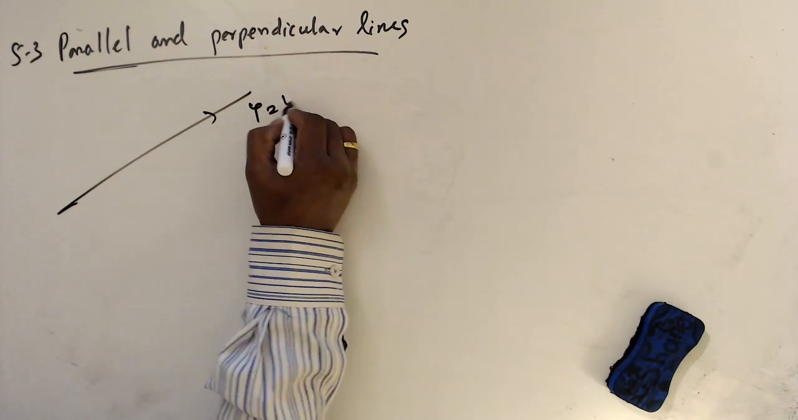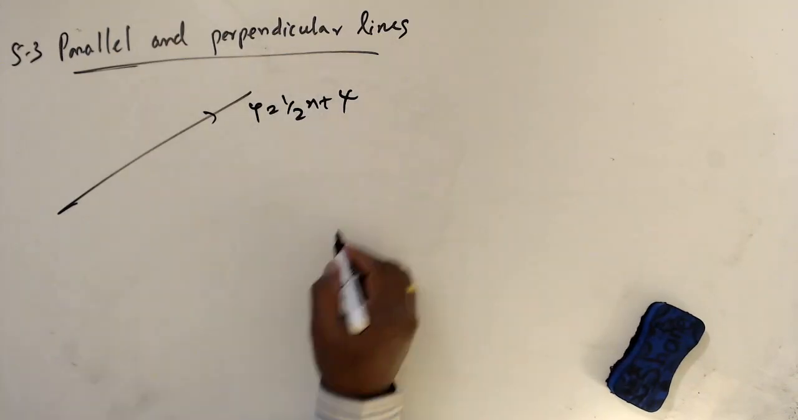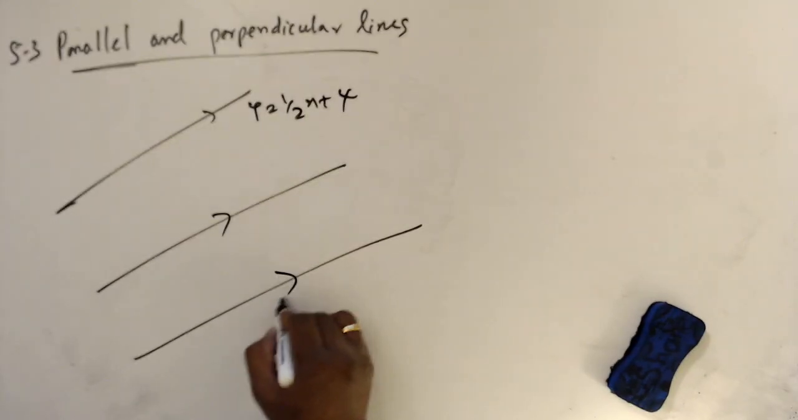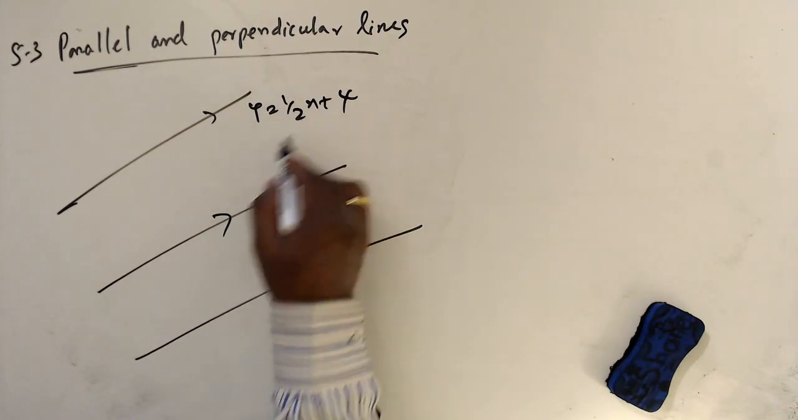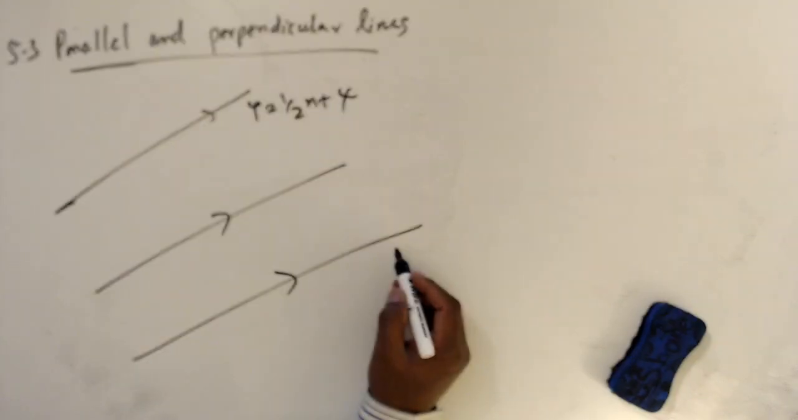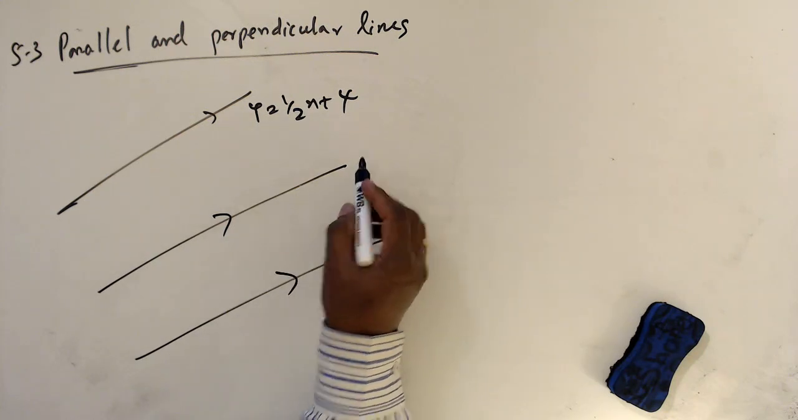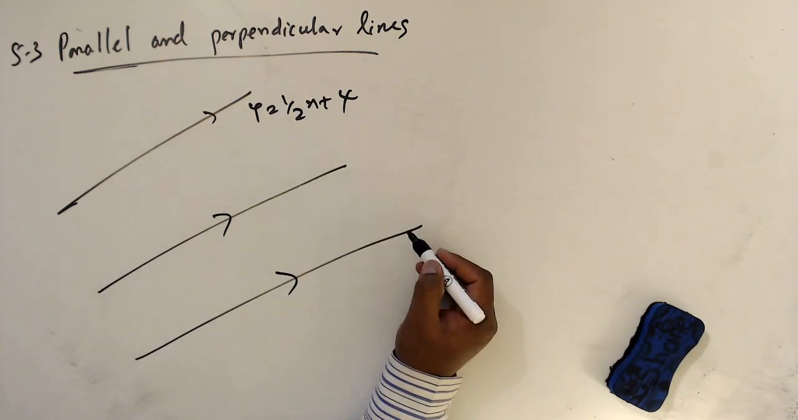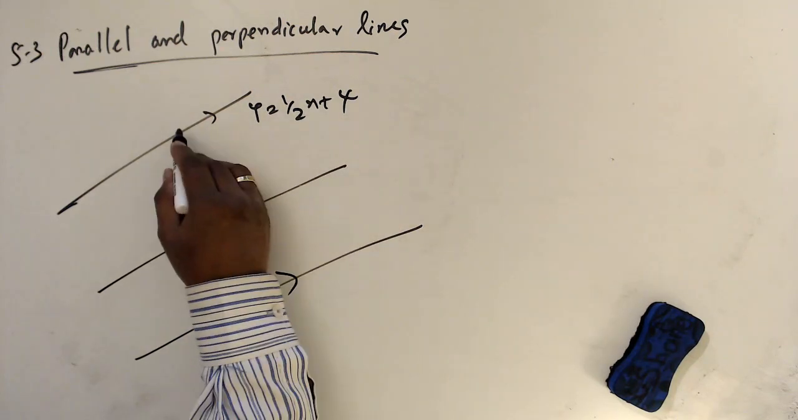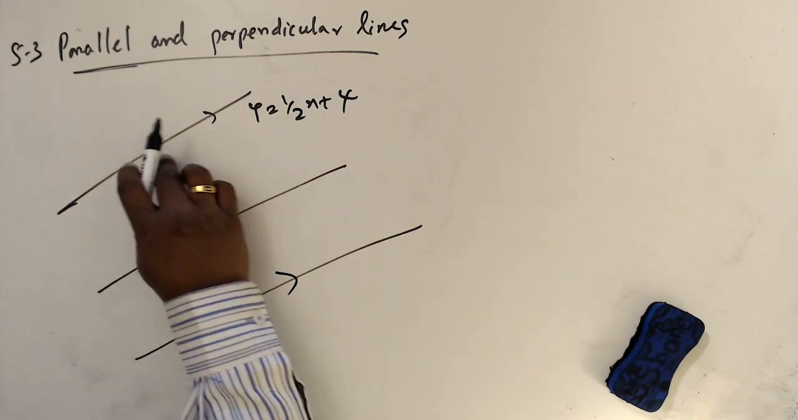This is y equal half x plus 2. So then I can draw parallel lines with gradient. They all have gradient half, and sometimes they will ask about the line parallel to this line